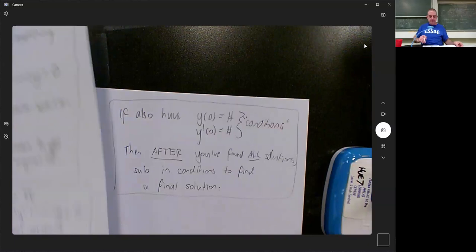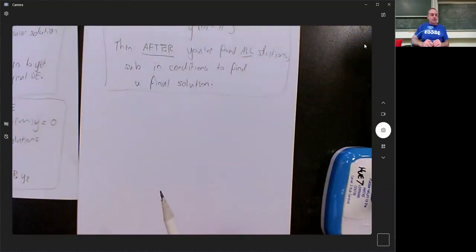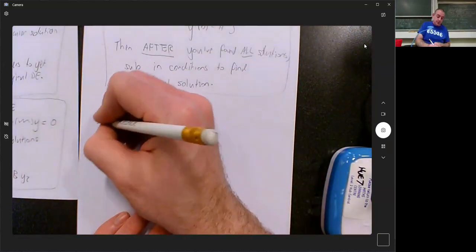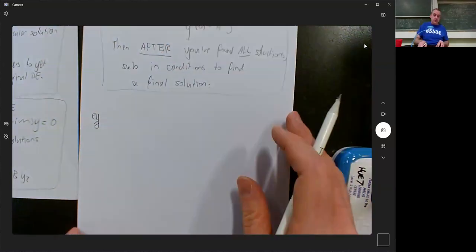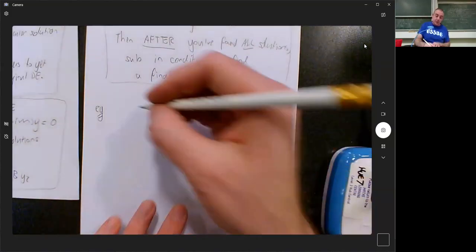Okay, so what we need is an example. So just as an example, if someone told you what two solutions to the homogeneous one were, and one solution to the original was, then you could figure it out. So, for example, if someone said,